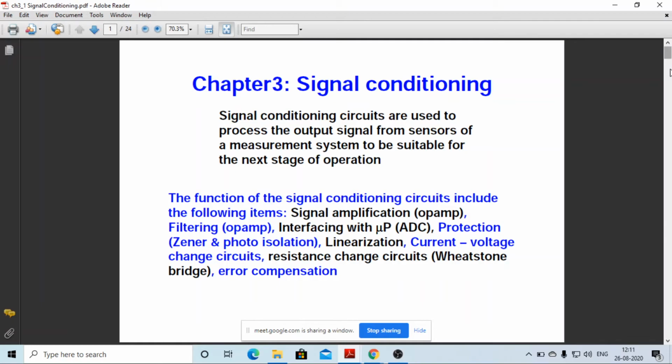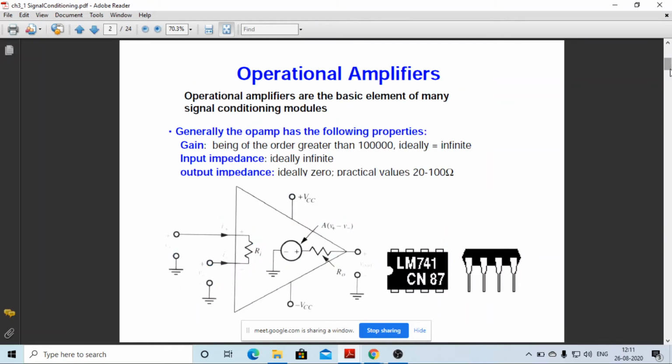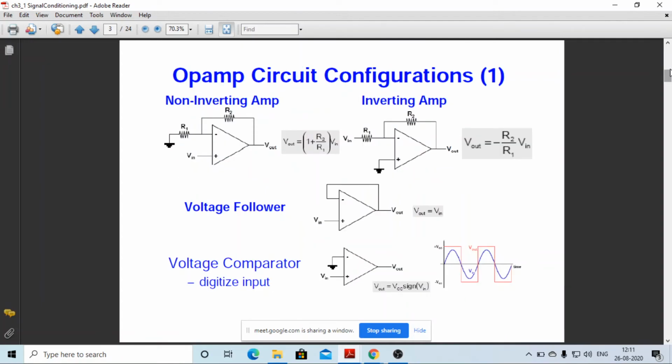You have one more topic, that is analog devices. If you see the syllabus, the topic is analog devices. In analog devices, you have to review the operational amplifier, because it is a good example and very useful for students of other branches, who can easily understand it. In analog devices there are op-amp, BJT, a number of devices, but you should concentrate only on the operational amplifier. There are properties of the operational amplifier, then the inverting amplifier, non-inverting amplifier, voltage follower, voltage comparator. These are all already covered in your last semester.